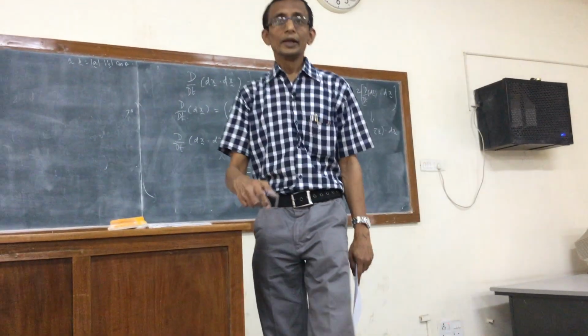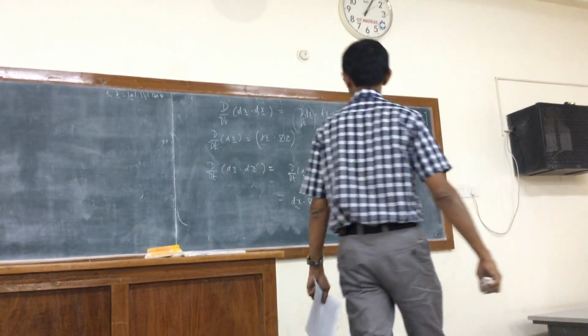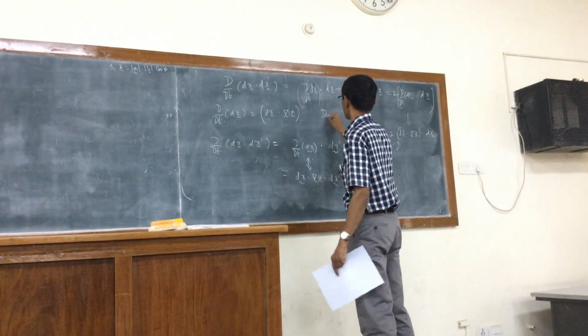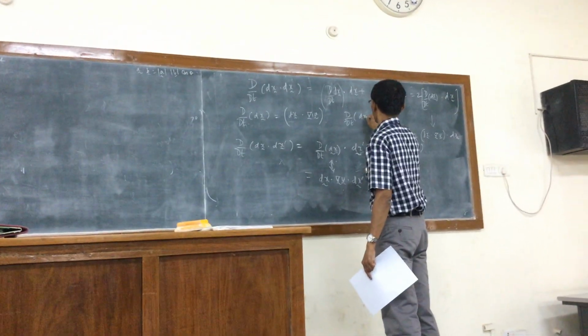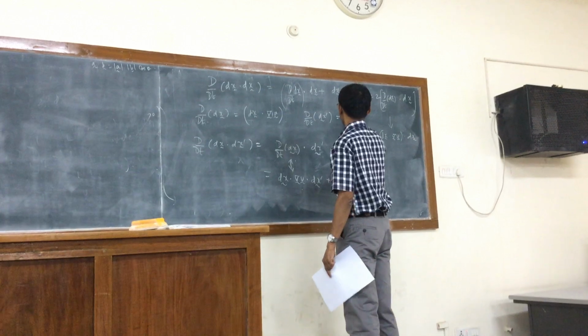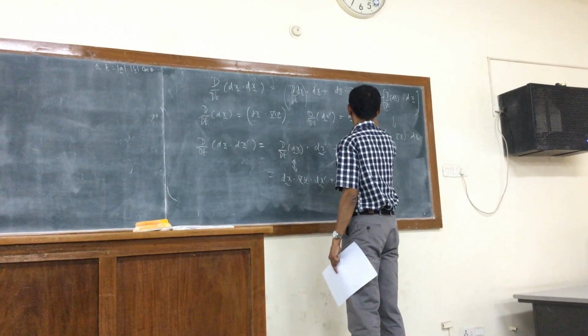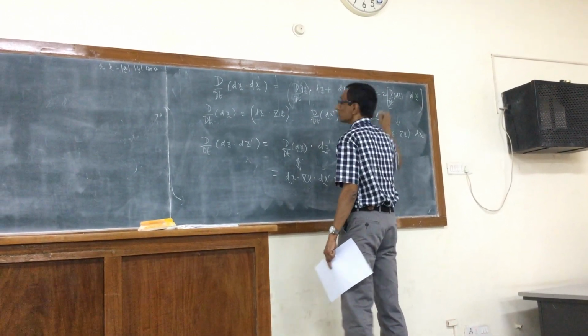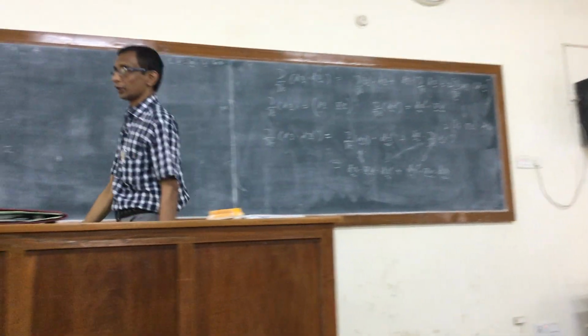Too many dot products, but anyway, it can be shown. What I have to show clearly is that d by dt of dx prime will turn out to be dx prime dotted with